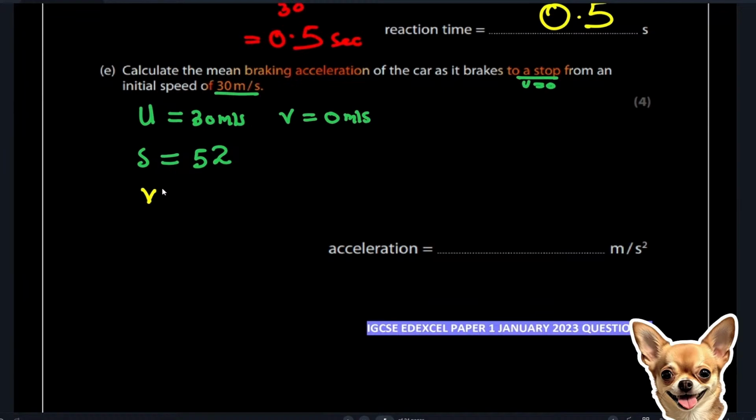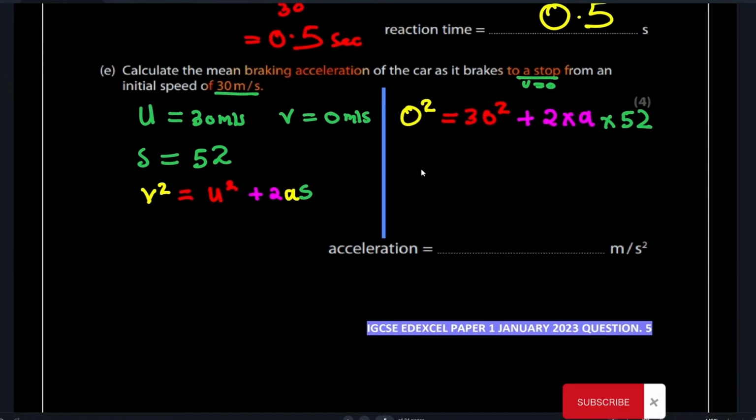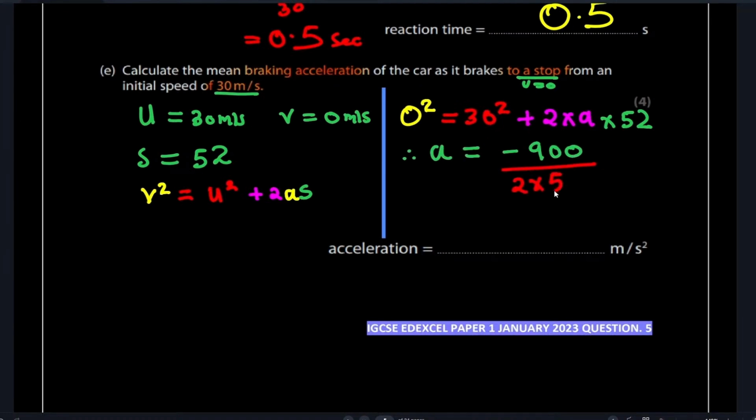So we can use the formula V squared equals U squared plus 2AS. And then we substitute everything that we have into this. Just using our calculators, we're going to get negative 8.65 meter per second square. And since this is a deceleration,